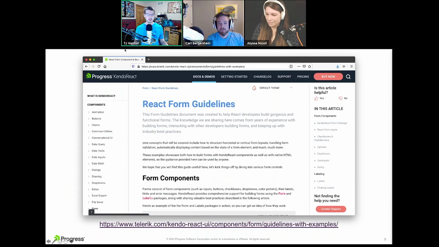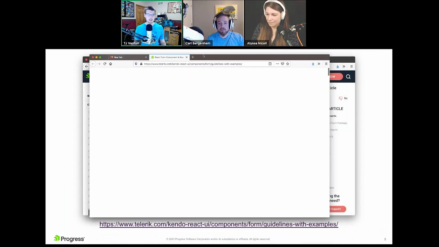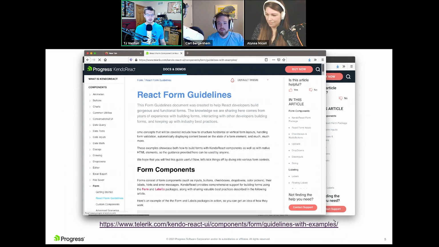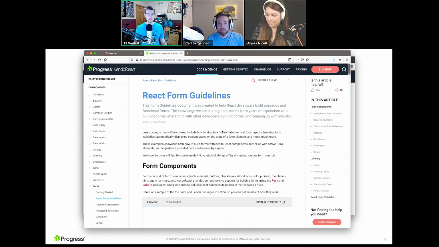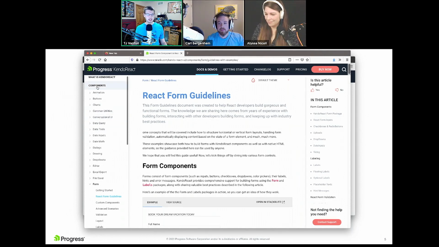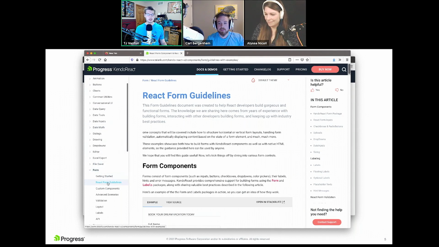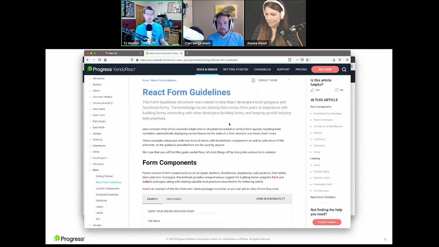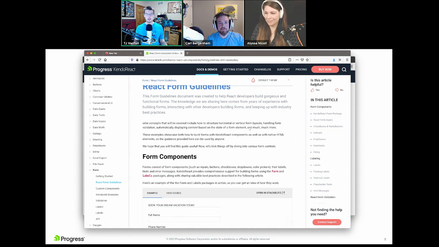But I want to start by looking at the form guidelines. And I have a link here, but I think it's actually easier if I just show you where to find this in the documentation. So this is the KendoReact site. This is the docs and demos. And if you go under the components list for the form, you'll see that there's this new section for React form guidelines. And really, this is, to me, just a comprehensive guide